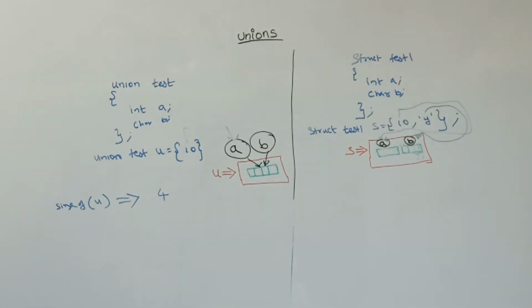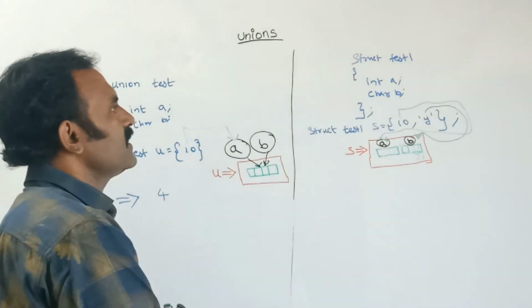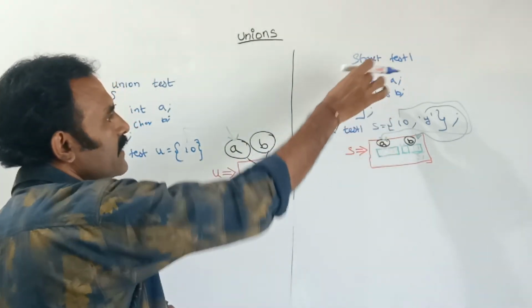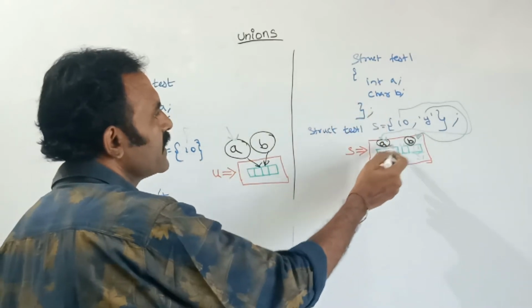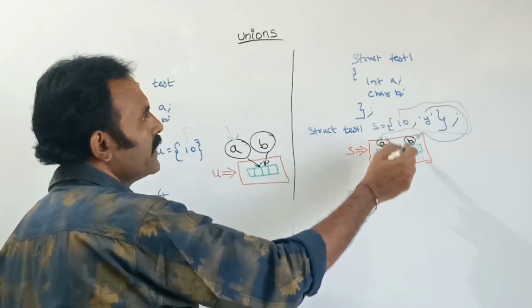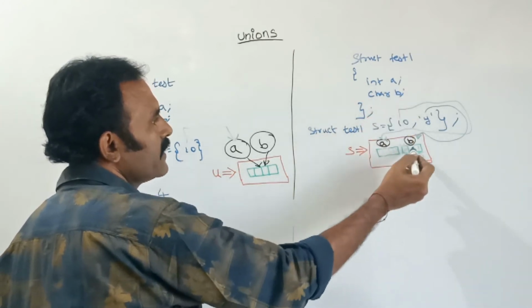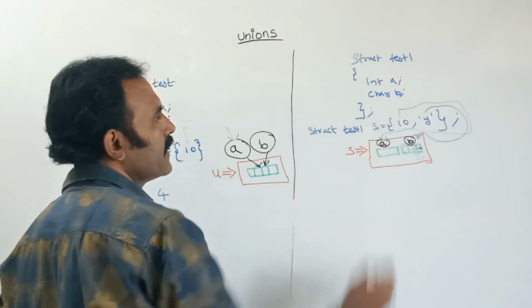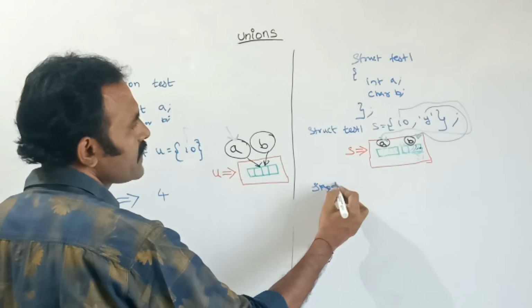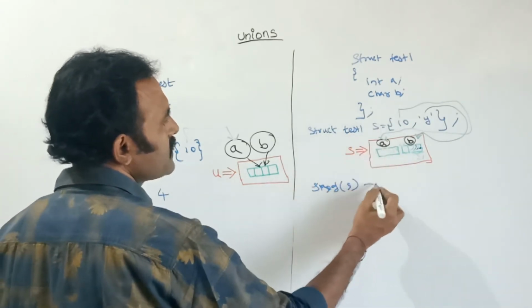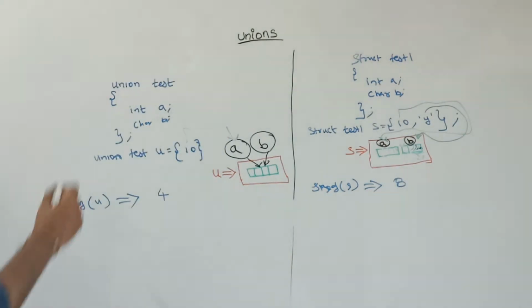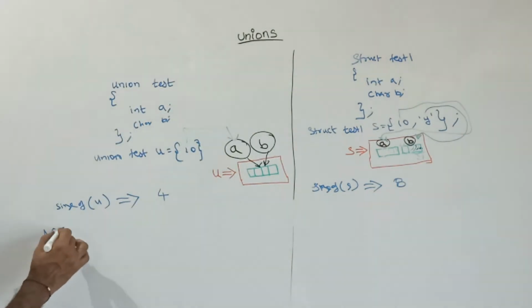In the same way, suppose you are testing this structure. I have told you that for each and every member separate memory is allocated. So here, with 2 members, first a takes 4 bytes, and b uses 1 byte. The remaining is empty bytes, that is the structure padding, which we had already studied. So if you want to find the size of this structure, what will be the answer? The answer will be 8. Next let us see how to access the members.